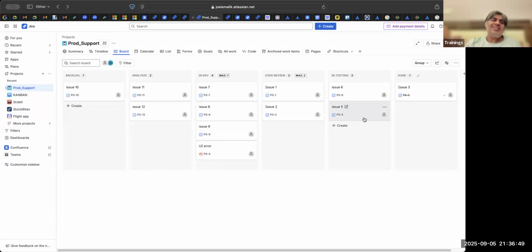There are bottlenecks. This is just like traffic. If there are too many cars on the road, you are going to put some traffic lights so that you manage the flow of the traffic. So this is managing the flow by putting limits on WIP. This is the bottom line in Kanban.